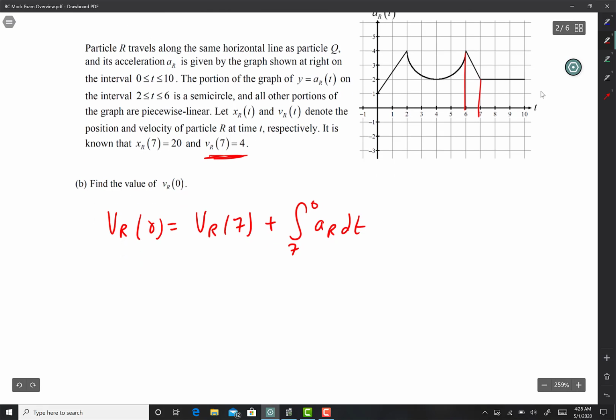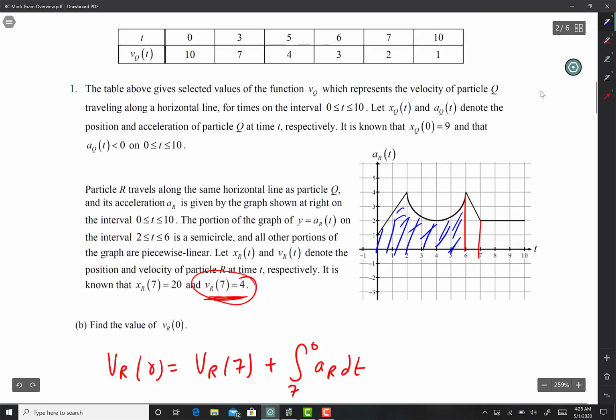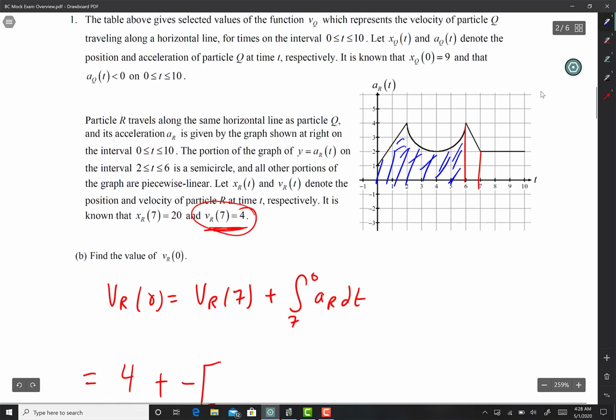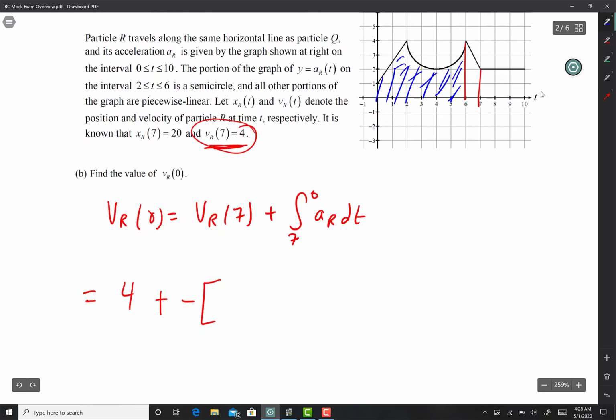So let's go ahead and do this, guys. I'm going to put an equal sign. V_R of 7 was 4. So write 4 plus, and I guess, since I'm counting backwards, I'm going to put a negative in the front here like that, guys. Now, I already know what area under the curve from 0 to 6 was. So area under the curve from 0 to 6 was, let's see, what was it? 21 minus 2 pi. I have it right here. So 21 minus 2 pi, that was area under the curve from 0 to 6. So I'm going to put that in here, guys. So 21 minus 2 pi